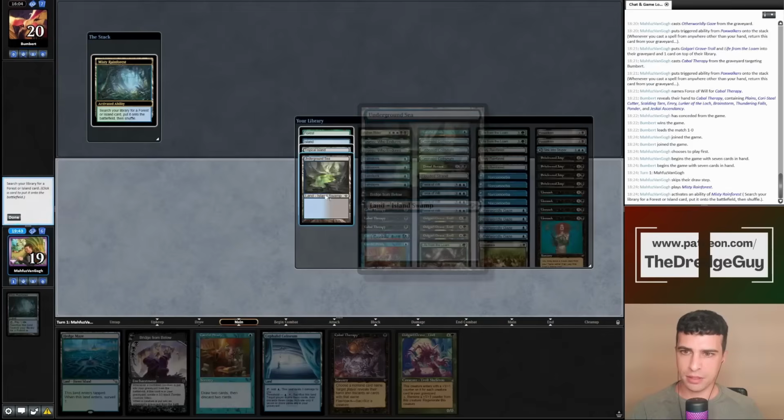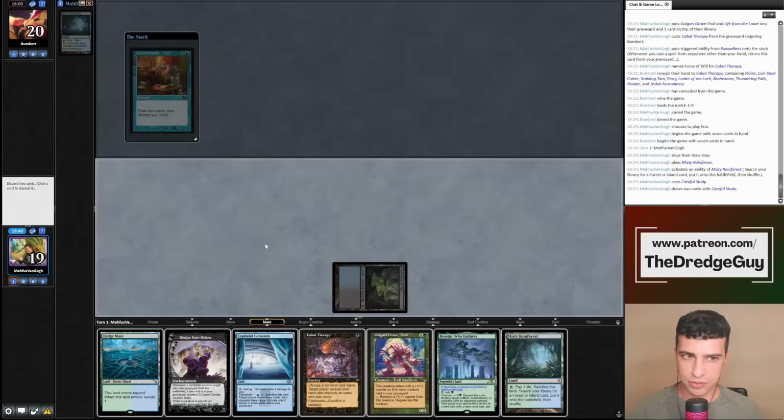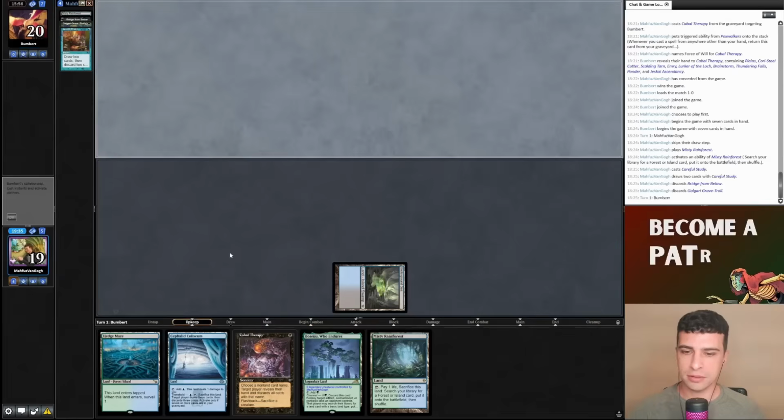Let's crack Misty and get an Underground Sea. And I'll cast Careful Study. Let's see if this resolves. Okay, it's resolving. Let's discard Grave Troll and Breach and pass the turn. Nothing good in...